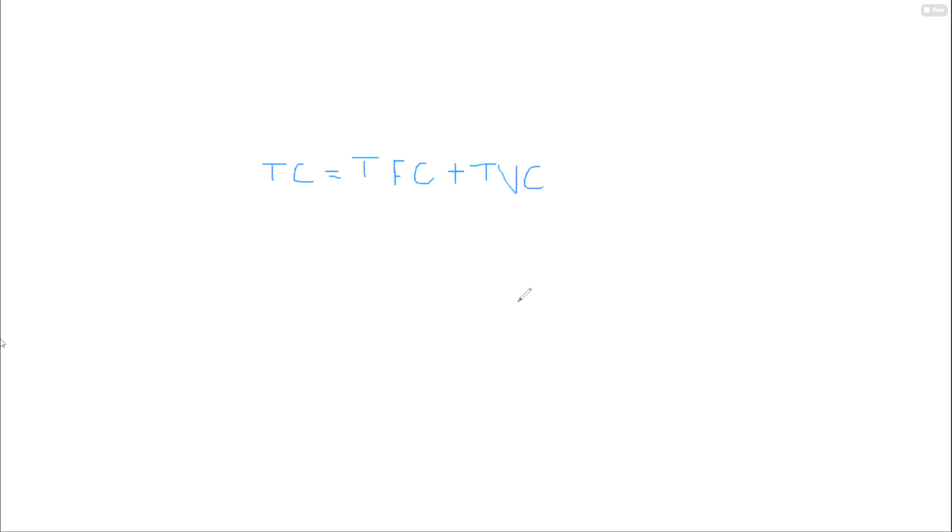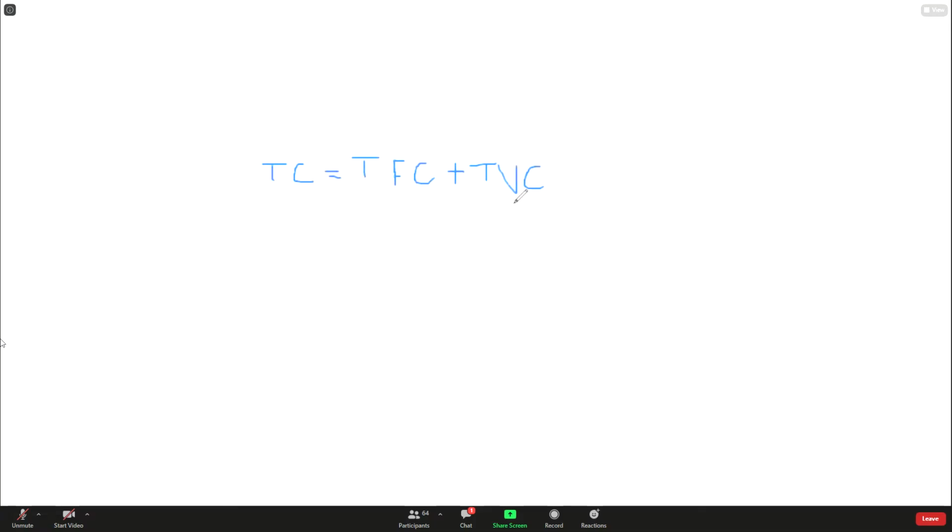What I am trying to say is that total cost is a summation of fixed cost and variable cost. That is true. But after some period of time, this total fixed cost can be converted into